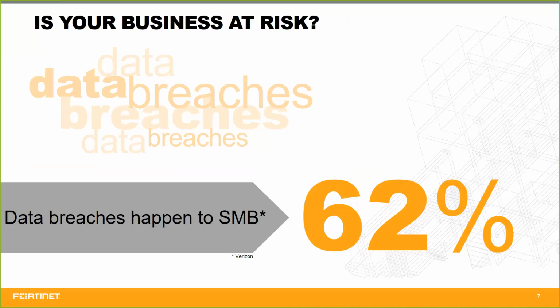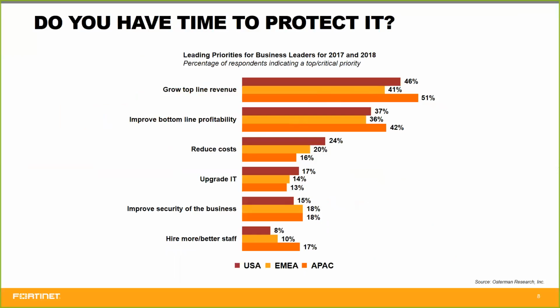Data from more than we have found that the average SMB is compromised by 4 active pieces of malware. But unfortunately, most SMB leaders are focused on growing their business and other things. And while they are at risk, security and